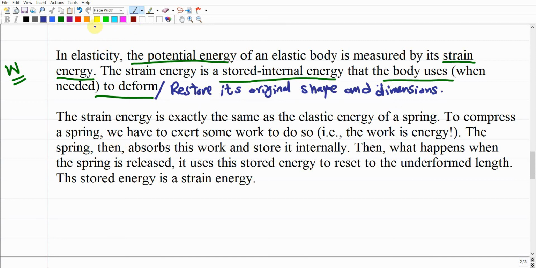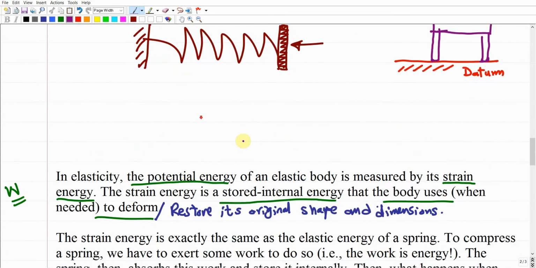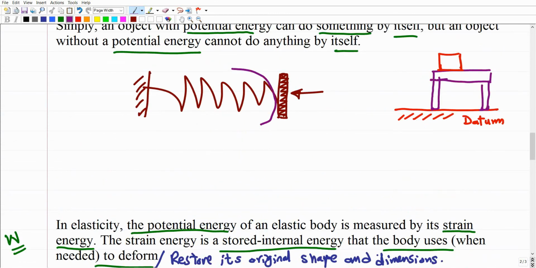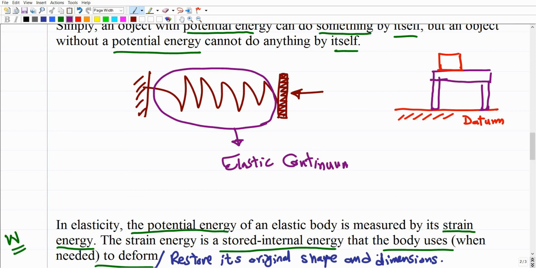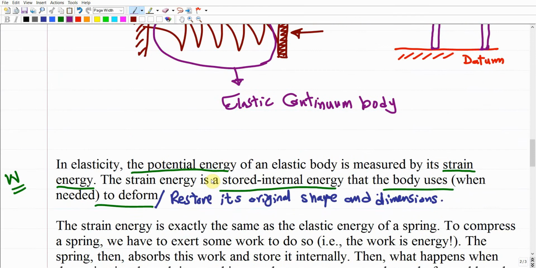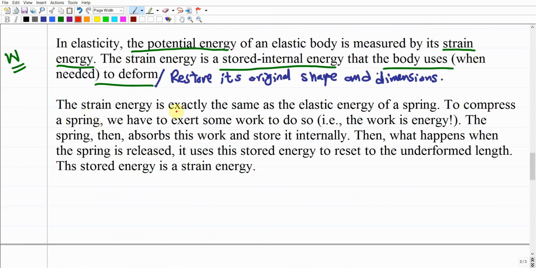It works, as I mentioned, typically like the elastic energy within a spring. So assume that this spring, in this case, we are dealing with like a continuum. This is like an elastic continuum body. Make sense? It's going to work the same way. The strain energy is exactly the same as the elastic energy of a spring. To compress a spring, we have to exert some work to do so. This work is energy, any work is energy from physics, right? So it looks like you are giving some energy to the spring or to the elastic body. The spring then absorbs this work and stores it